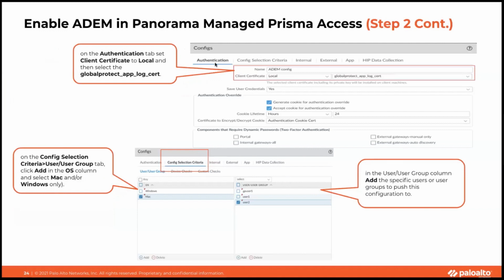So here, we're talking about the authentication section, where you need to name the ADEM config. From the client certificate, you can pick Local, and from here the GlobalProtect app log cert. To ensure that this agent configuration is only pushed to agents running on the supported operating systems, go to the config selection criteria tab